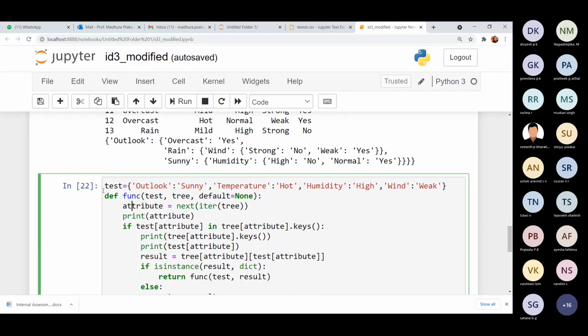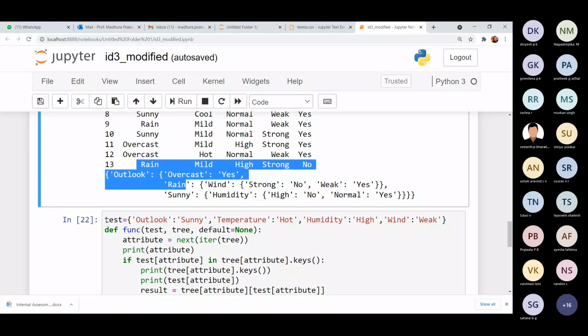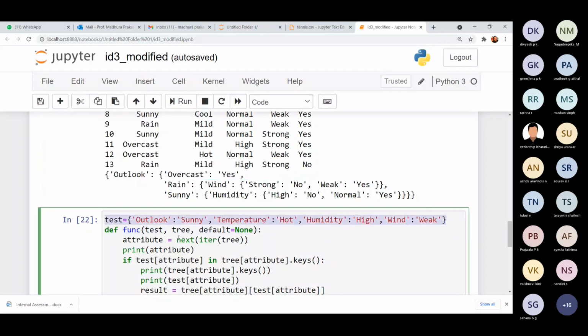Now going ahead, we also have the second portion of our program that says not only build this tree, but also test it on a test instance. So we directly have given the test instance here. So this is a lot better. There is no division of our data set into, if you want to include that portion, that was nice in that other program wherein we divided 80% of the data set as training and the next 20% as test. If you want to do that, you can add that portion, but otherwise this is pretty simple.